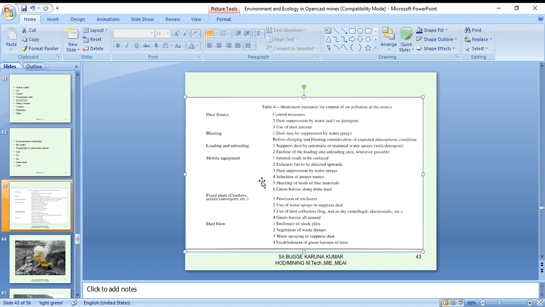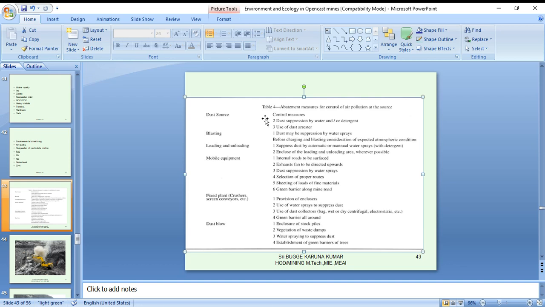to suppress dust, and use dust collectors, bag, wet or dry, centrifugal, electrostatic, etc. Green barrier all around, dust blow, enclosure of stockpiles, vegetation of waste dumps, water sprayings to suppress dust, establishment of a green barrier of trees.